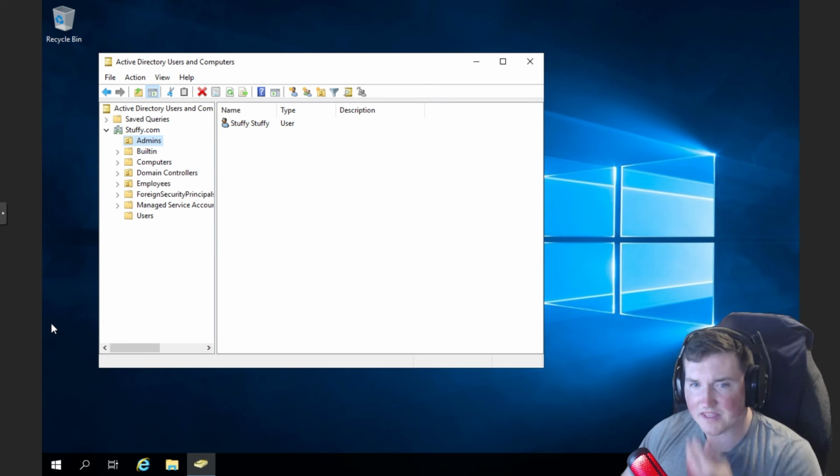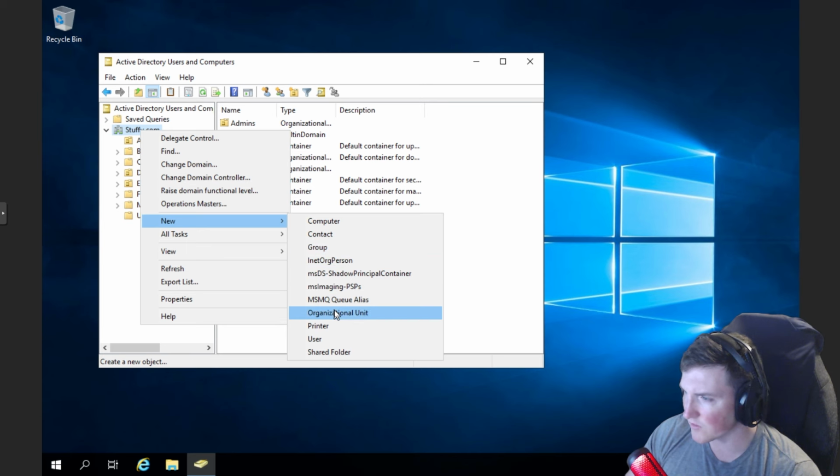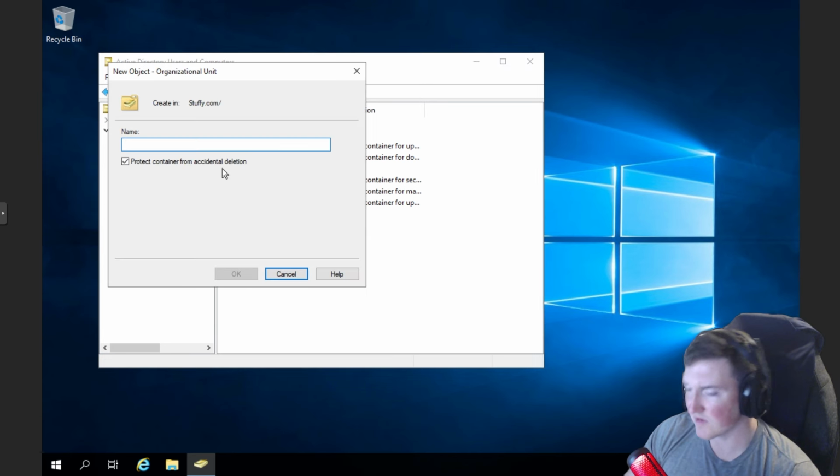So first things first, we have to start creating GPOs. That's one thing we have to do. But first we have to create our OUs, right? What are we going to do? Now, we have our stuffy company, right? So we're going to go ahead under here and we're going to say new OU, right? We're going to just name this